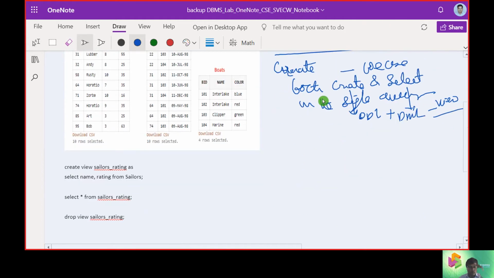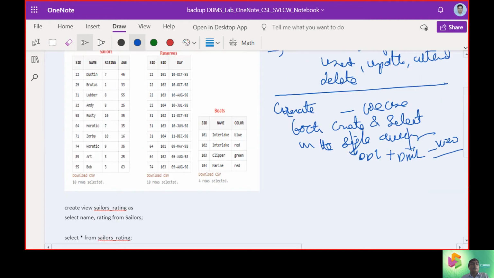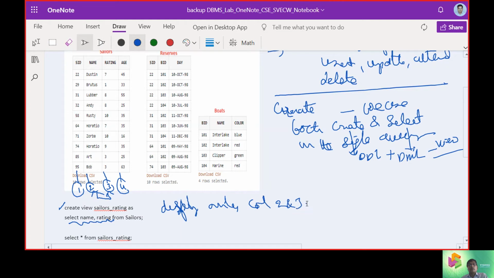Now here is some basic example. Now we are going to have the master table Sailor. Then it is having field 1, field 2, field 3 and column 4. Now we are creating a view with only the name and rating. That means we take only column number 2 and 3.